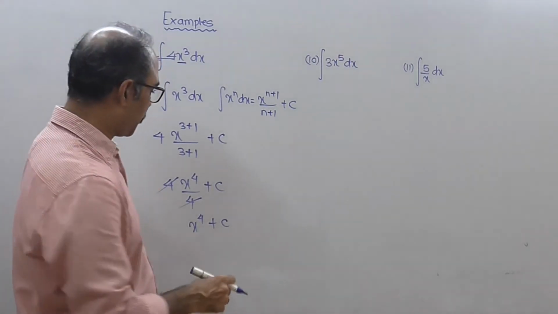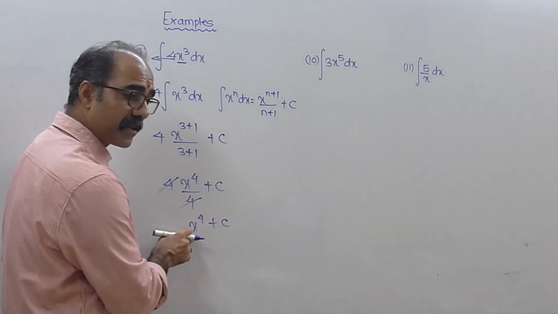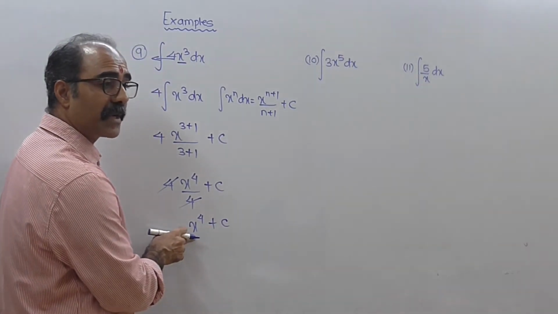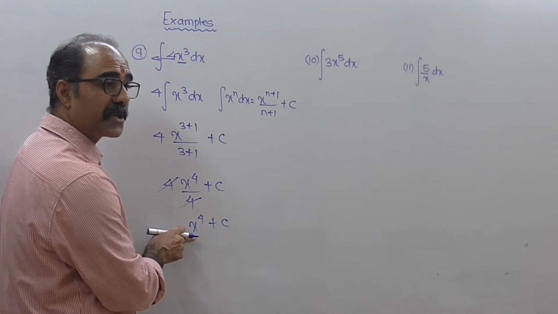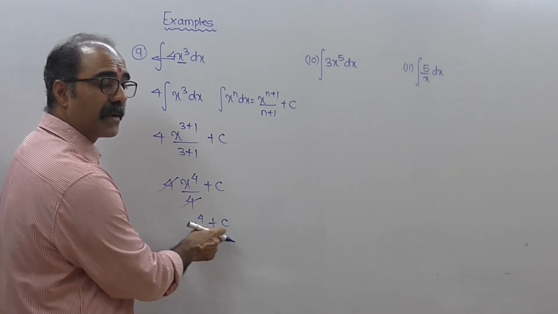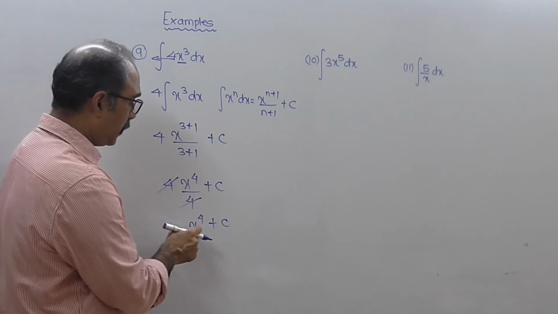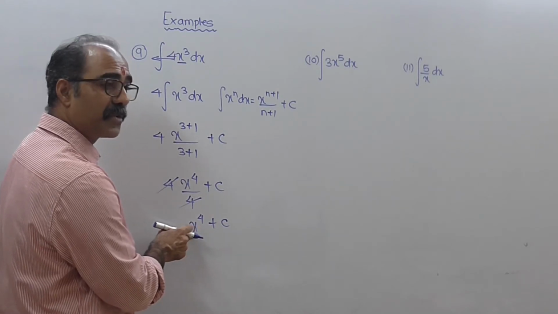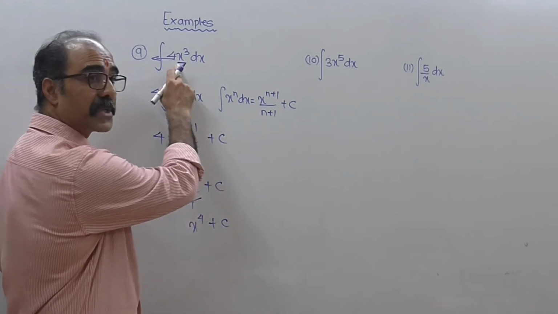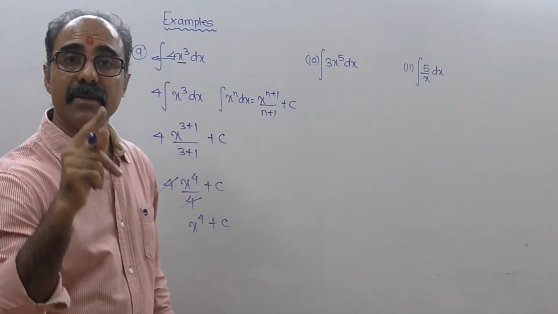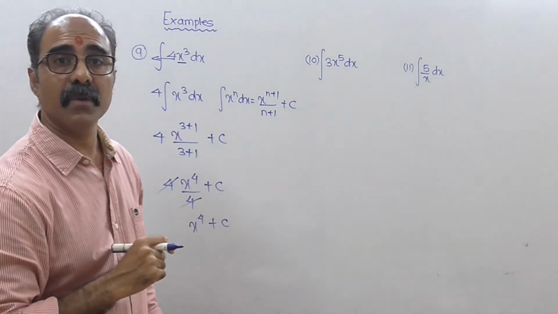Basically what you can do is, you try to find the derivative of x raised to 4. What is the derivative of x raised to 4? Derivative of x raised to 4 is 4x cube. And what is the derivative of c? 0. So the derivative of x raised to 4 is 4x cube. I think that is the question. So that is why integration is called as antiderivative.